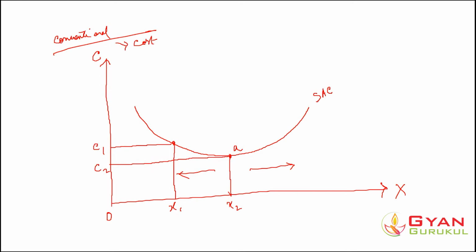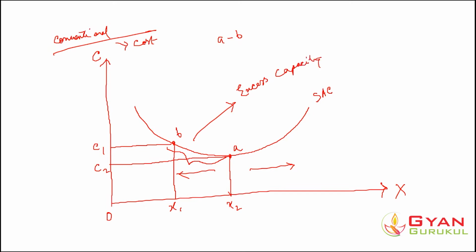Now what does the excess capacity of a firm tell us? It is basically the difference between the optimal plant size and the current working plant size. So if I say this is point B, then the difference between point A and B on this short run average cost curve represents the excess capacity of the firm.